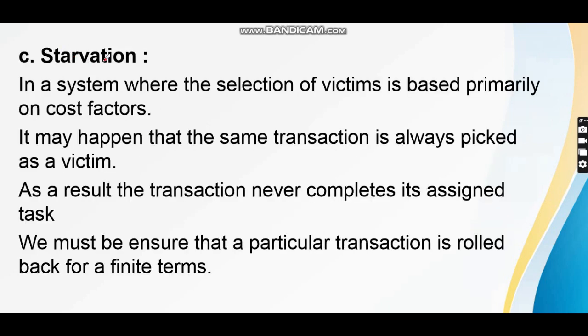Next is starvation. In a system where the selection of victim is based primarily on cost factors, it may happen that the same transaction is always picked as a victim. As a result, the transaction never completes its assigned task. We must ensure that a particular transaction is rolled back only a finite number of times. Okay, starvation. This starvation is what? That one transaction is selected again and again,